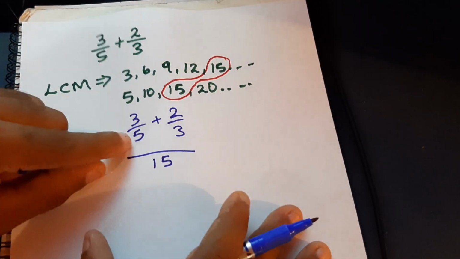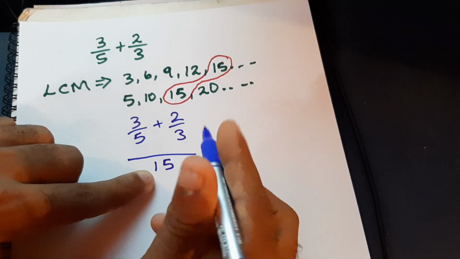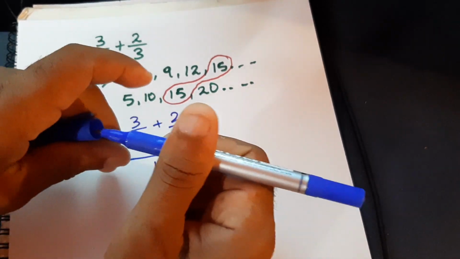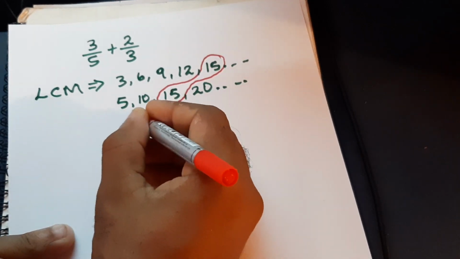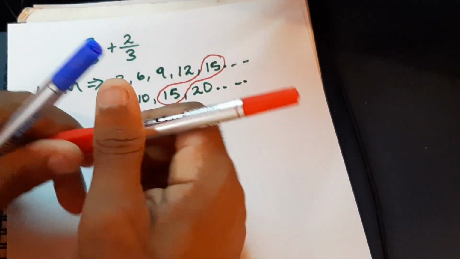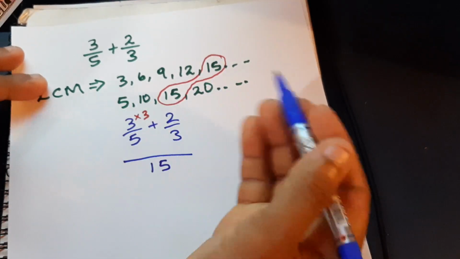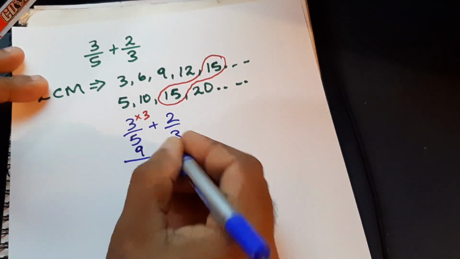So 5 into 15 goes 3. I'm going to multiply the numerator by 3. So I'm going to multiply that numerator by 3. And 3 times 3 is going to give me 9 plus